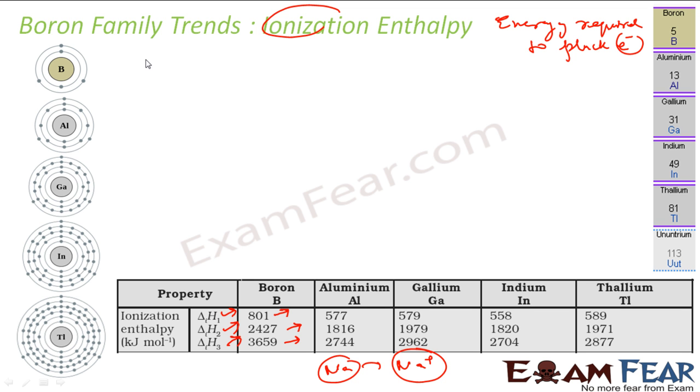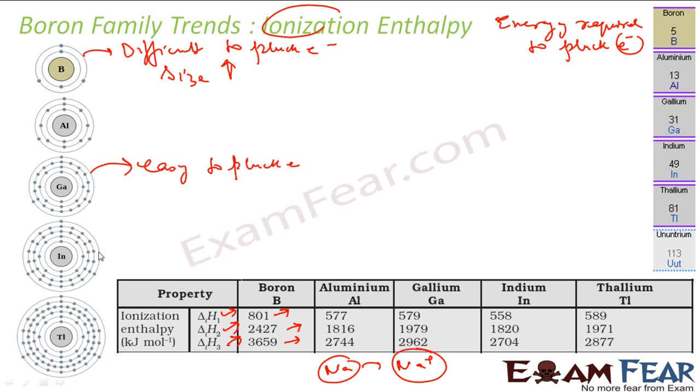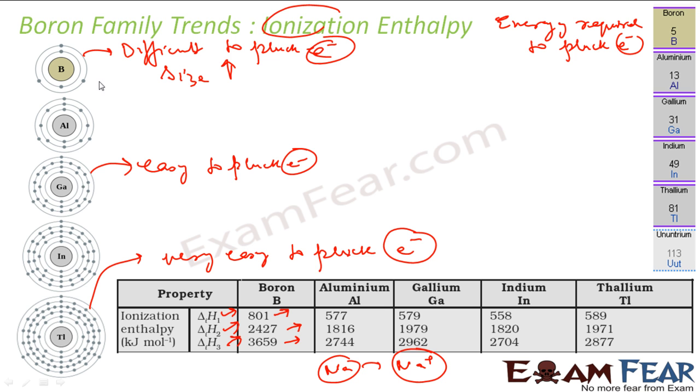Sorry, it should decrease. Why? Because the size is increasing. So it's easy to pluck one electron from here as compared to boron, right? Here it is difficult to pluck an electron, and here it is very easy to pluck. Correct? So if you go down, the ionization enthalpy is decreasing because less energy is required to